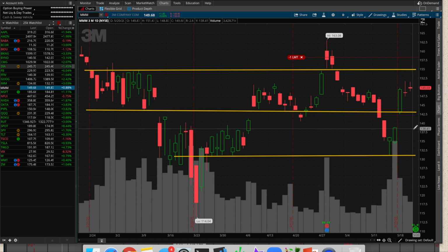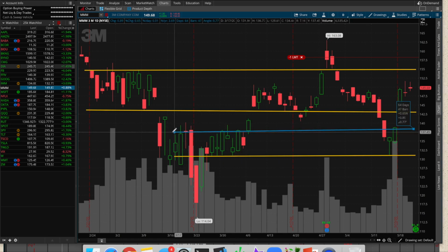So let me just draw this last line here. So let's grab this and let's keep drawing a line. And the line is not exactly accurate, but yeah, this is another support level. So now having drawn these, what you'll notice first thing about support and resistance levels is that the equity tends to bounce within those levels,